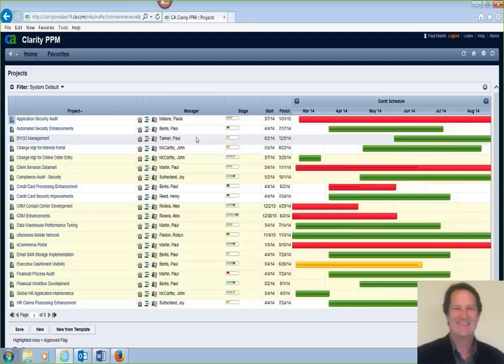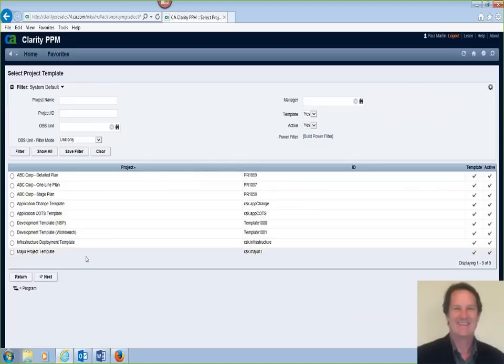What I want to show you now is how you can create projects for different project types using different templates. So I'm going to come down here, and there's a New from Template, and we'll click on this to create a new project. And what I've done is created 3 different types of templates for your company. One is a detailed plan, which will be detailed tasks with assignments and dependencies and estimates to complete. And there's also a one-line plan, which is a real high-level plan at the project level. That's it. No more detail than that.